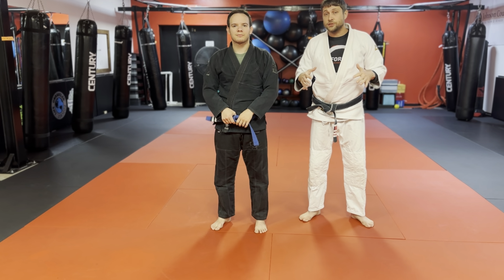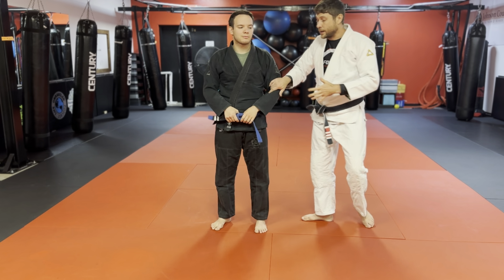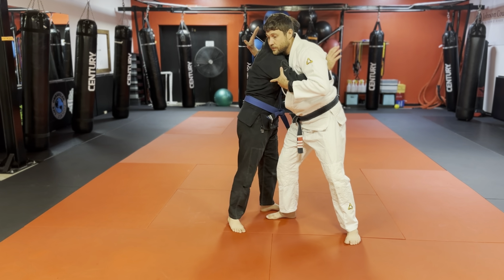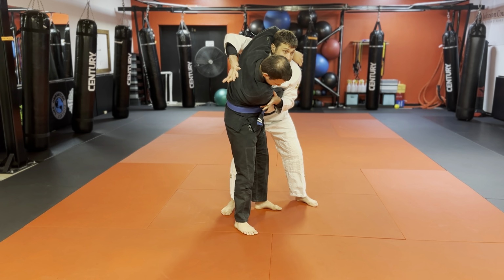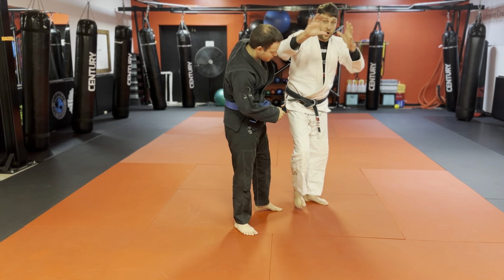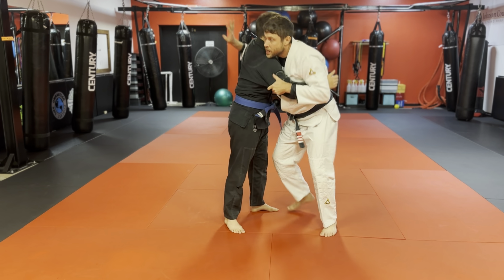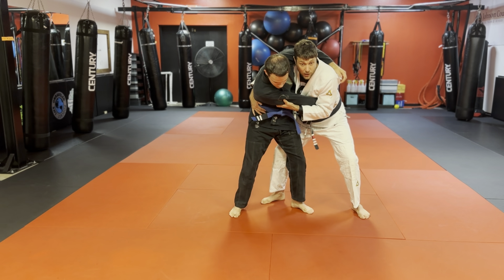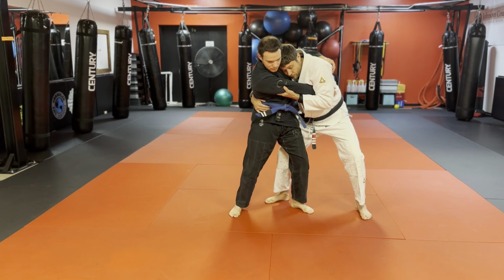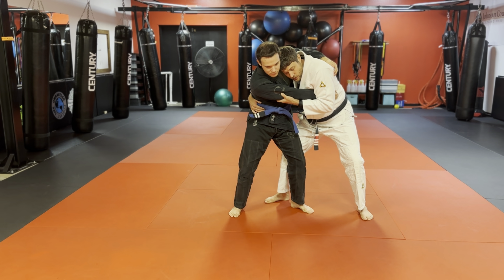Okay, our second clinch option to get into Ko-Uchi-Gari, this inside trip, okay? So we saw the over-under clinch. What we're going to do is raise our elbow, like when we frame, we flare our elbow out, right? So I have my fingers up, I go to the side, I have a C-grip on his tricep, and I grab his hip bone here, okay? Now, head's inside, this leg's just behind, okay? So what I want to do here is